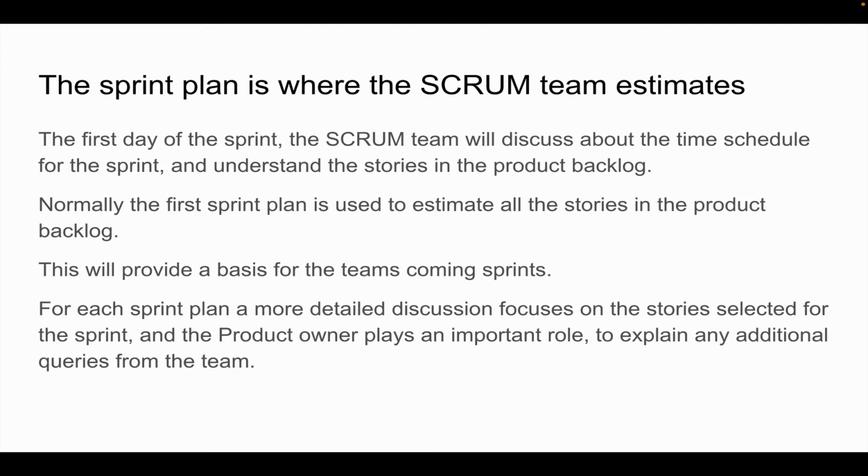Normally, the first sprint plan is used to estimate all the stories in the product backlog. So basically, they give a rough estimation of all these stories. So there is a basis for how much effort the team has to put in overall for the sprint. It can be used to calculate a certain time target for how long this project could last if they know